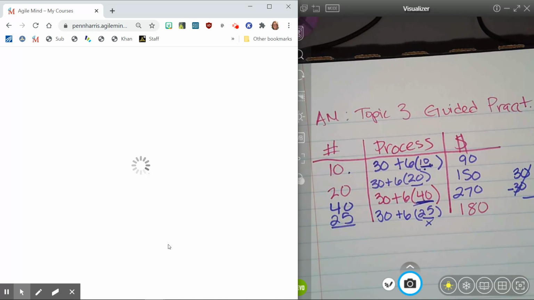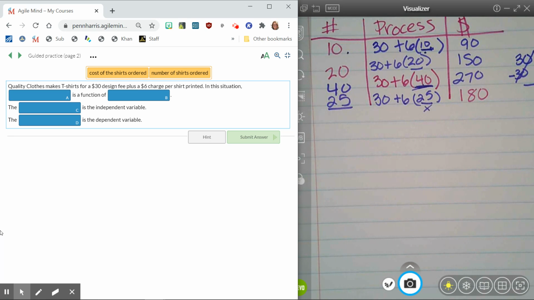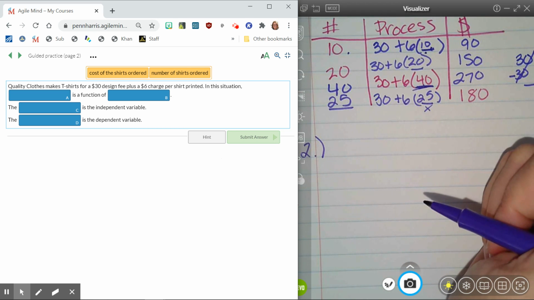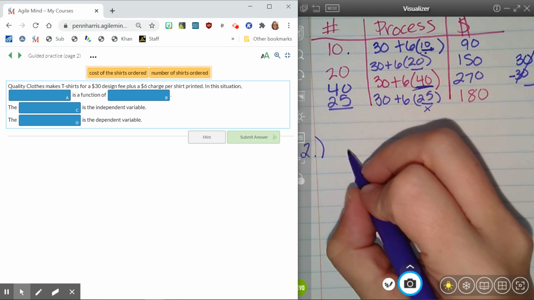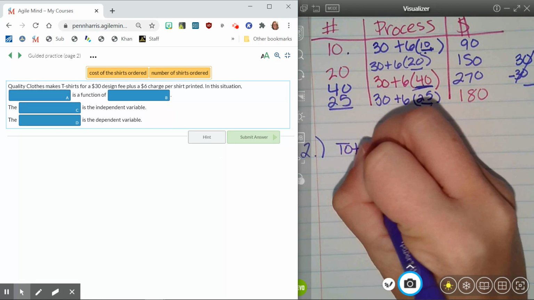So now when I look at number 2, it says the Quality Clothes makes t-shirts for a $30 design fee plus a $6 charge per shirt printed. In this situation, they want to know what is a function of what. Well, if you remember, guys, we talked about dependencies. And I know in this scenario, my total cost